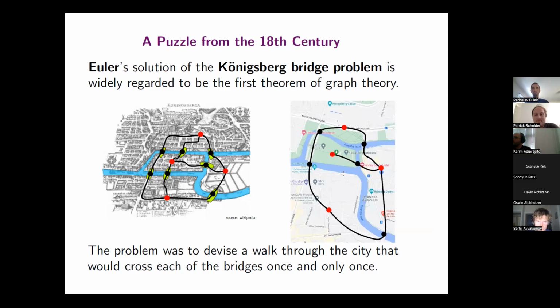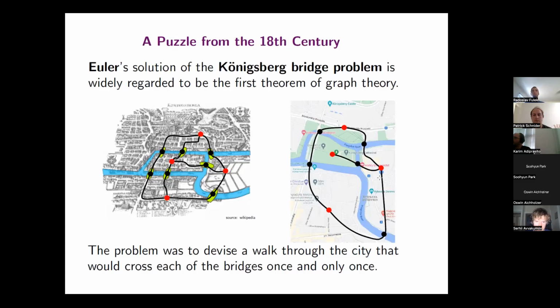because the two bridges were destroyed in the meantime, now we'll see that this is clearly possible to have a walk in this town, now called Kaliningrad, that visits every bridge exactly once, because we have two vertices of odd degree, namely the one in the middle and one here in the middle on the right. And